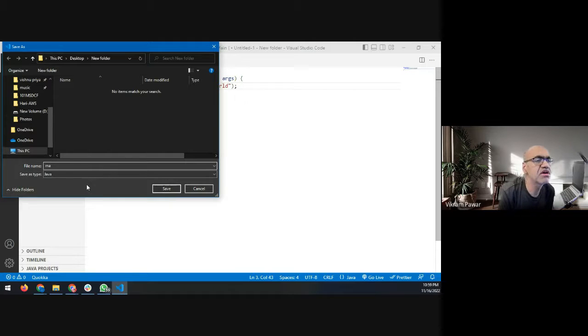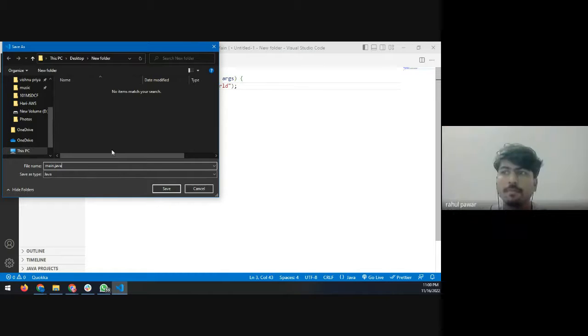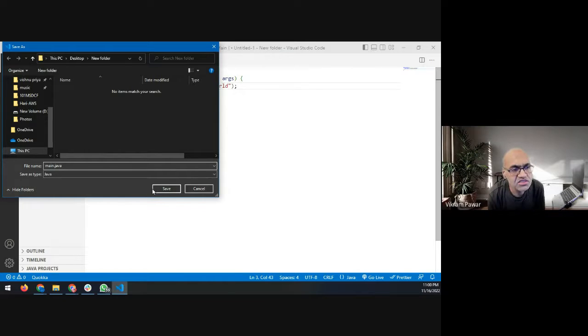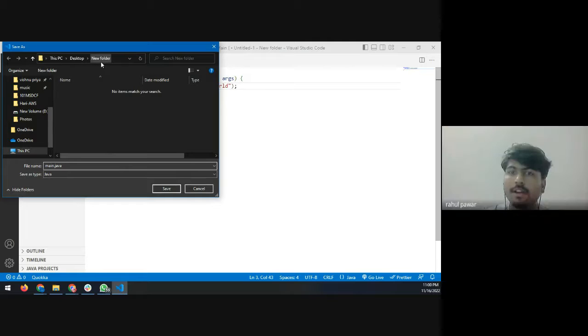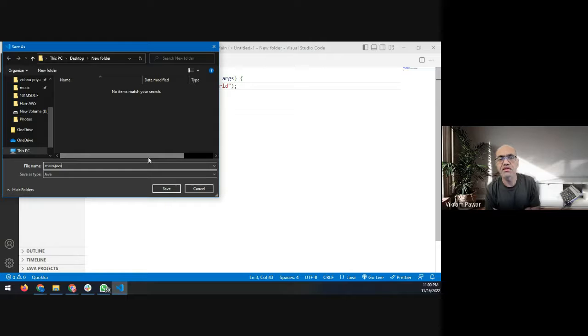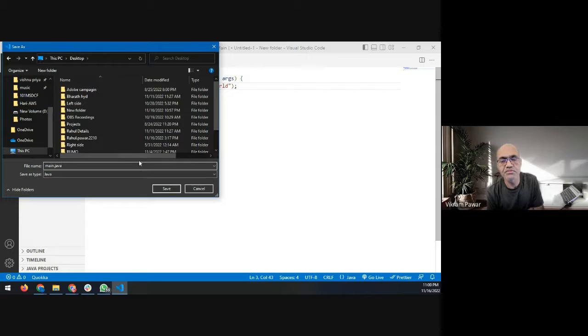Whenever you're working with any programming stuff, never have folders with blanks in them. So create it on desktop itself. No, under desktop you have a new folder with a blank in it. I have created this folder for this program. So that's what I'm saying. When you create folder names, you shouldn't have spaces in them when you're working with programs because it'll cause more headaches. It has to be capital M.